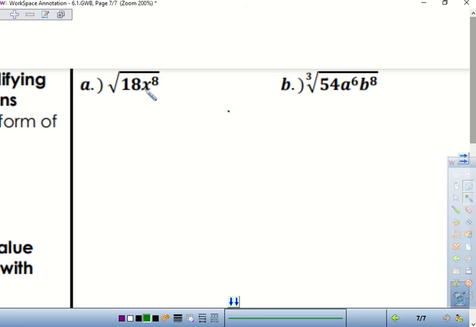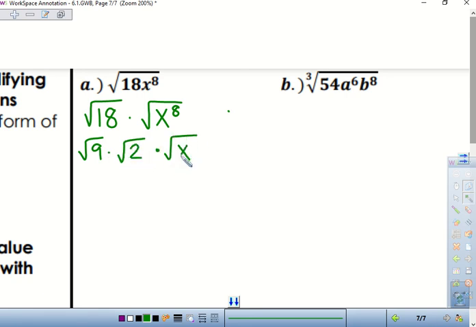Okay. So first thing I like to do is break up my roots into the numerical portion times the variable portion. I just think it's easier to deal with. And then I want to break up my root in a way that I know I can simplify it. So what could I break up 18 into that gives me one of those being a perfect root? 9. Yeah, so I can rewrite the square root of 18 as the square root of 9 times the square root of 2, right? What is the square root of 9? 3 times radical 2